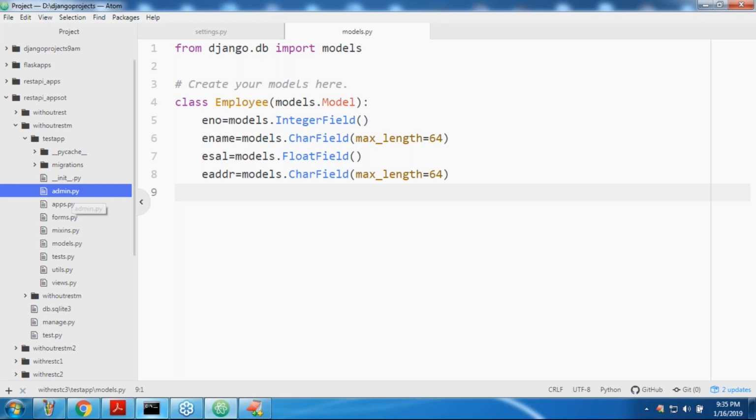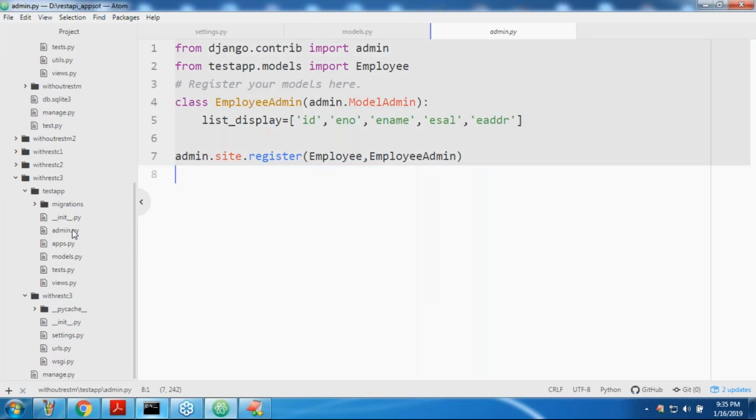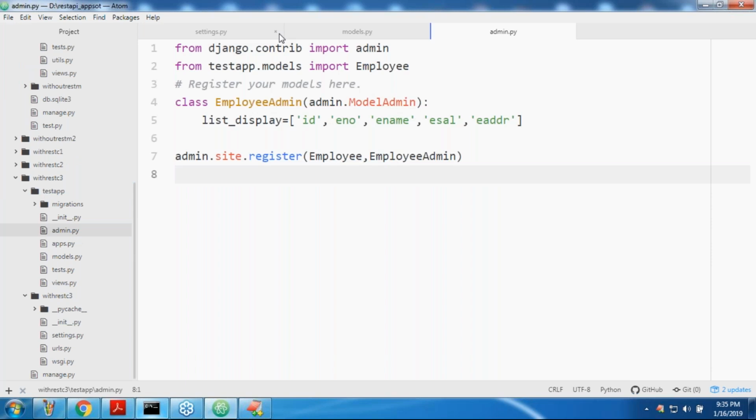I defined the model and then the admin. What is the next activity we have to do, sir? Very simple. Let me do makemigrations and migrate, and then add some dummy data.